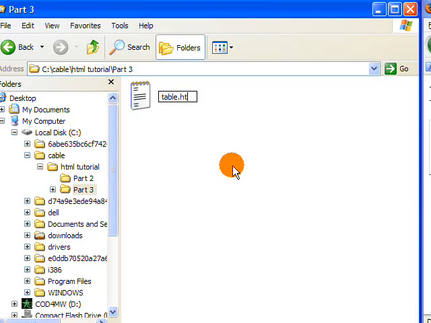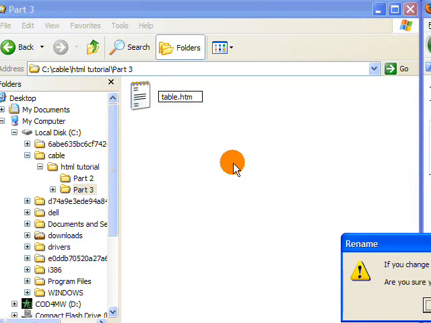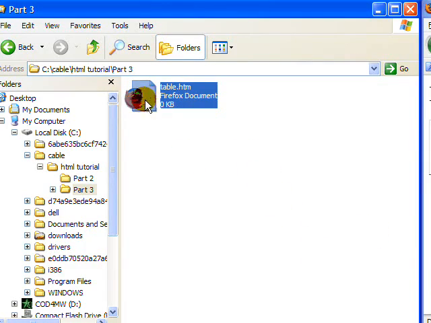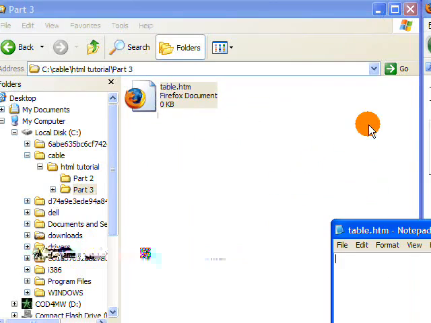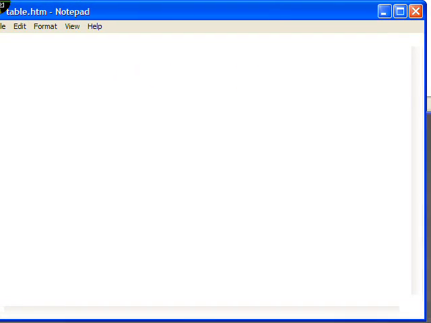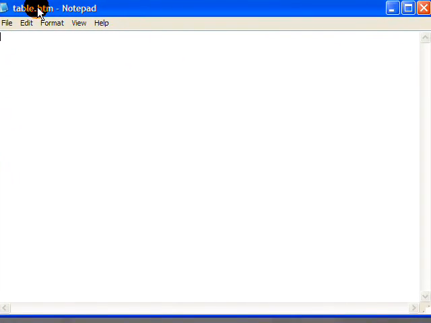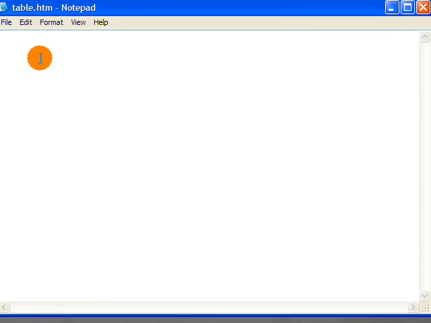table.htm. It's going to ask if you want to change the file extension. Just say yes, and then right click over that document and open with Notepad. And we're going to get focus on the Notepad right now. That's better. Okay, so now I'm going to cheat a little bit, as I always do, and paste in a template